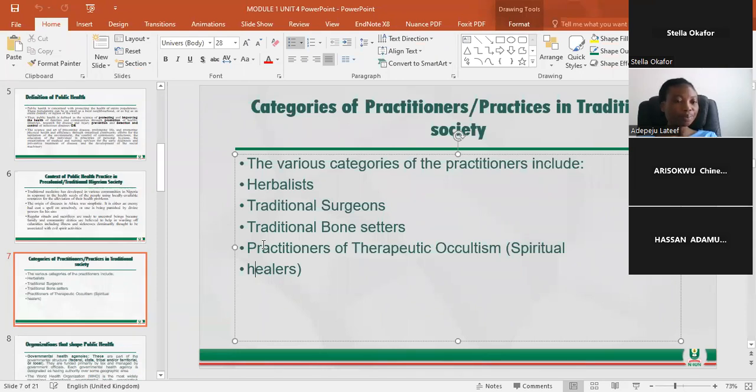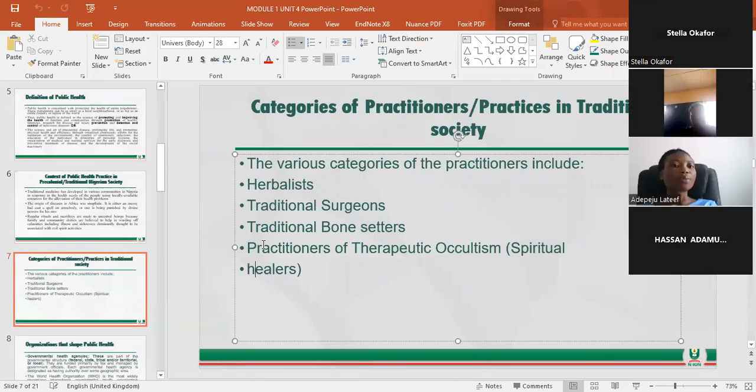Go ahead. Yes, ma. The spiritual healer, I think all these our alfas and pastors do something like that, praying for people, and the use of all these our priests through prayer. Okay. Yes, we can actually classify the spiritual leaders into this category, sort of,